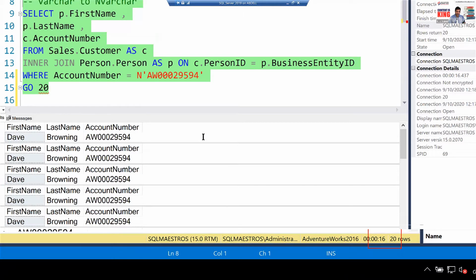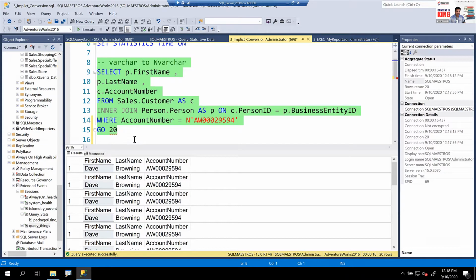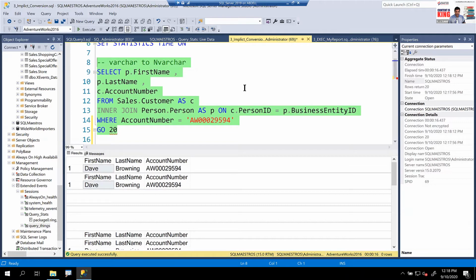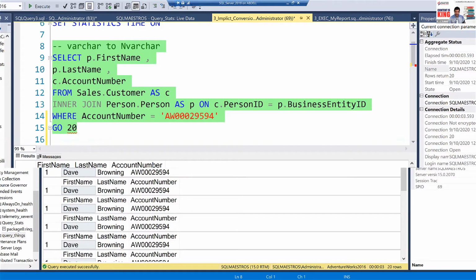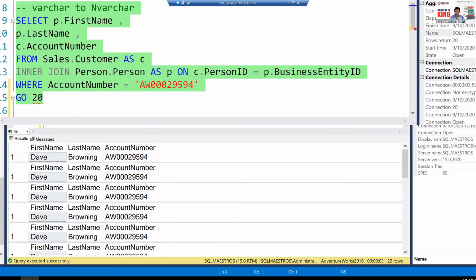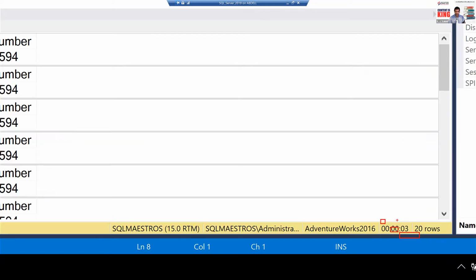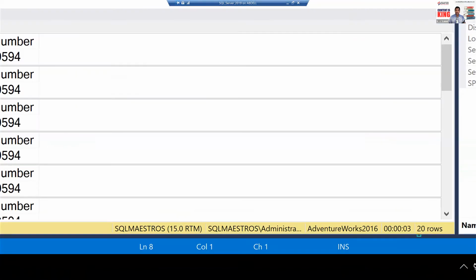Now I'm going to fix the query, so there will be no implicit conversion, and let's measure the time. Remember, this was 16 seconds earlier. Let's execute this. Without implicit conversion, how much time does this take? To your surprise, and this is right in front of you, there's no engineering here. It has taken just 3 seconds, as you can see. Way better performance improvement. Now, this session is not about query tuning, right?